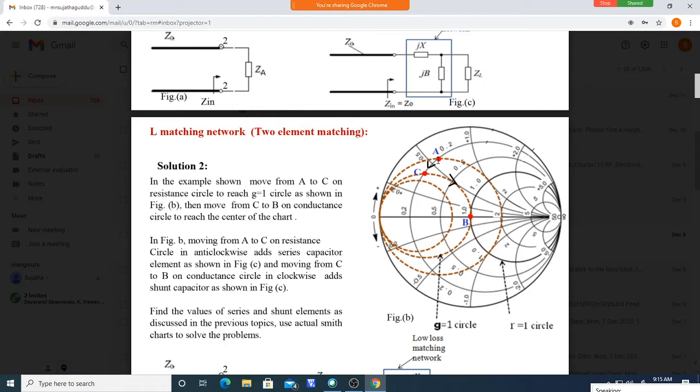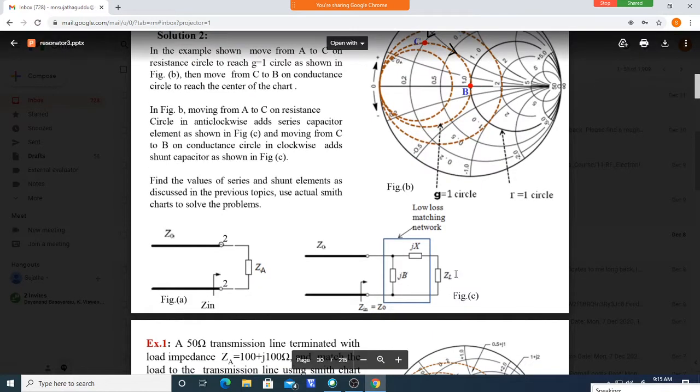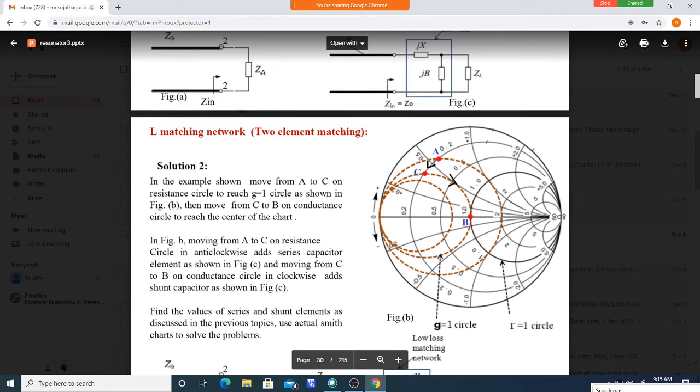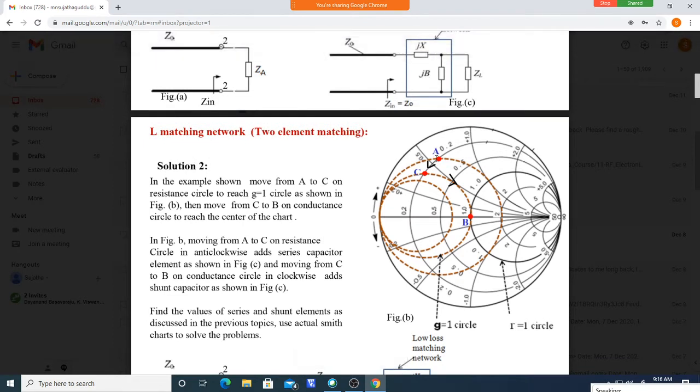Okay, what I can do is go in the opposite direction. Here, for example, this impedance is 50 ohm, and I want this impedance. Start from 50 ohm, and first you should move on the conductance circle like this and reach here. That is one of the resistance or conductance circles passing through this point.